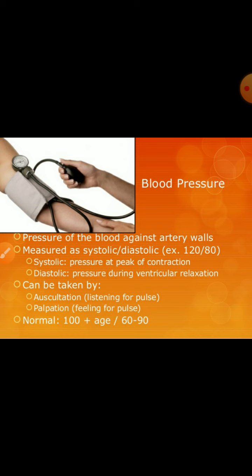Now if we talk about the measurement of blood pressure, it is measured in millimeters of mercury with the help of an instrument known as the sphygmomanometer. In the sphygmomanometer, the height of the mercury column reflects the circulating pressure. It was invented by Korotkoff. In this, the blood pressure is measured in terms of air pressure. When the air pressure becomes equal to the blood pressure in the radial artery, this is called the auscultatory method, and it is the indirect measurement of systolic and diastolic pressure.